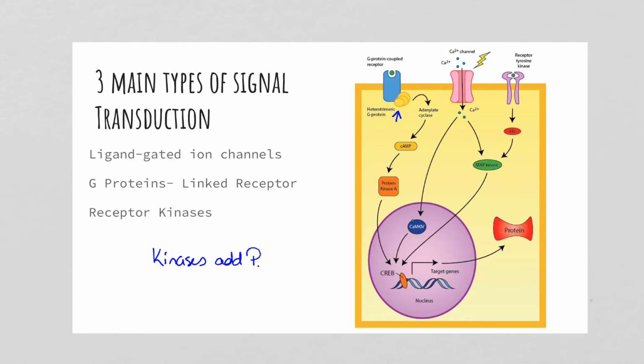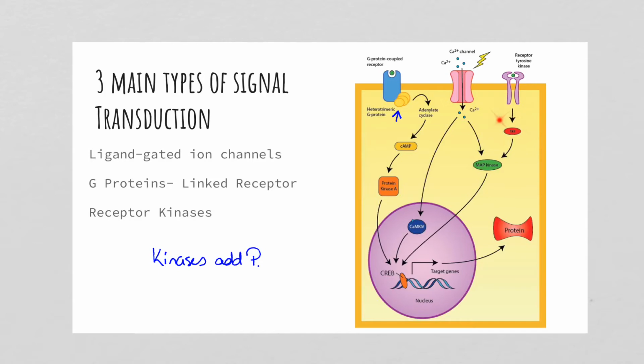Ligand-gated ion channels, basically what happens is a ligand will bind to it, allowing it to open up so that molecules can come in. In this case, we're bringing in calcium. Calcium is a very important second messenger in our bodies. And that's going to activate different pathways. We have two different parts here where we're seeing the pathways, like this is a calmodulin kinase. And that's again going to either turn on targeted genes. Those genes can either activate or turn off pathways in the cell.